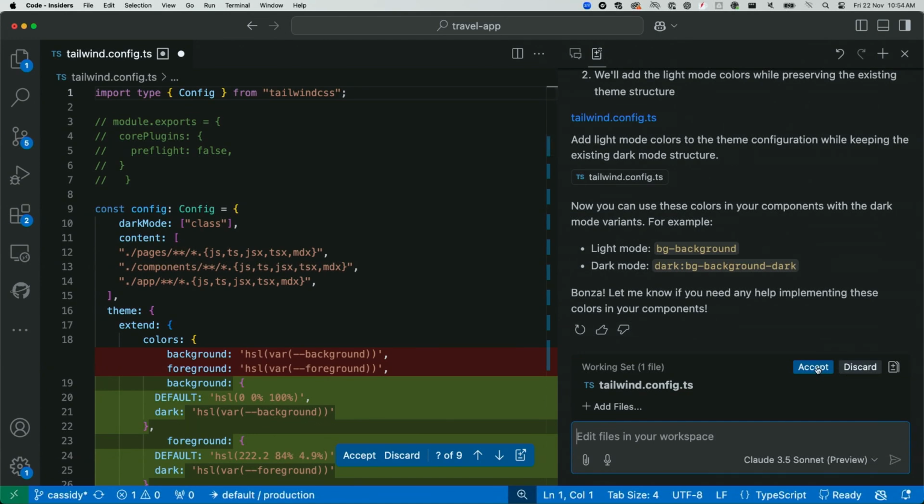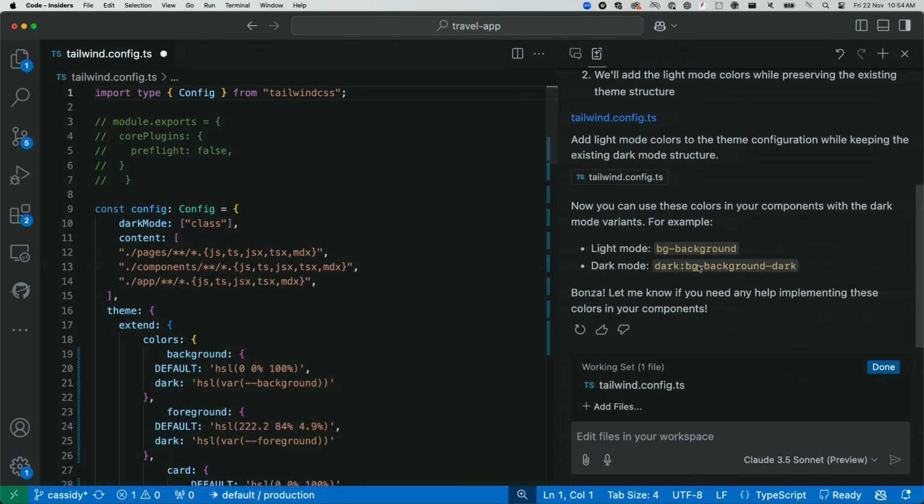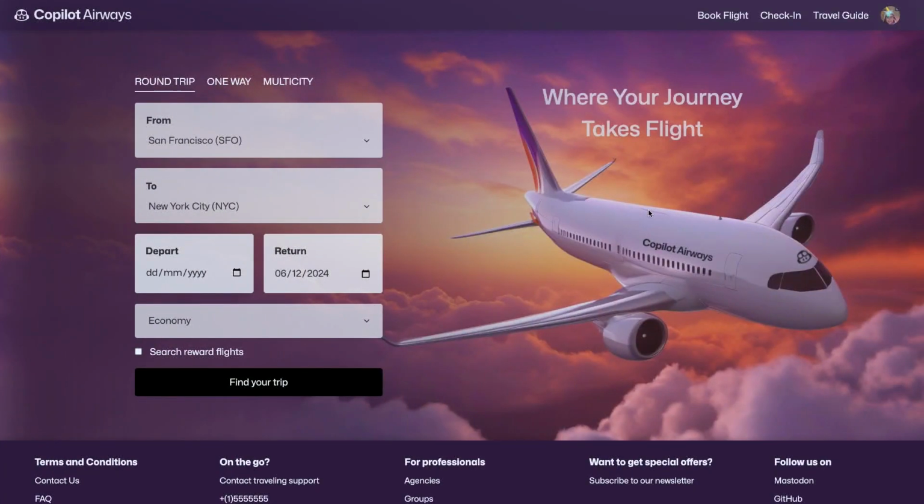Copilot thinks it did a great job. Yeah, all right, except let's just see what happens. By the way, I'm not super confident in this because this is very demo code and I kind of know how it's themed and I don't think it uses this very much at all. But anyway, let's try it. All right, we'll refresh. Let's go to like a book flight page.